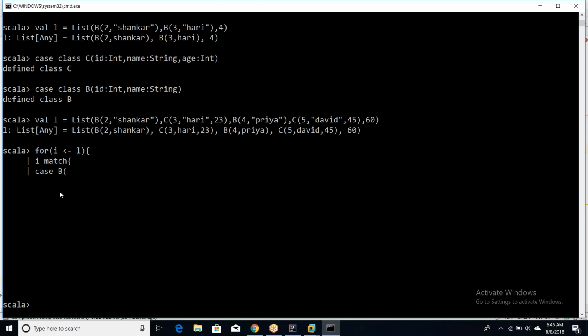If i holds an object of class B, what is the output you would like to print? What is that action you would like to take? Do something, right? So i matching with object of B, i matching with object of C. So i equal to as id, name implies, what do we write here? Implies println